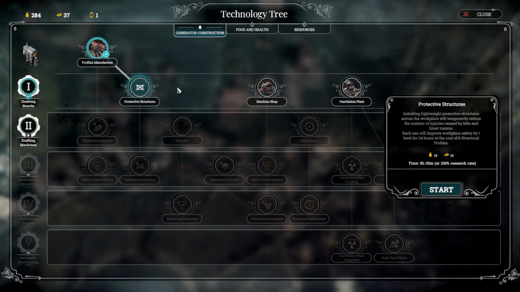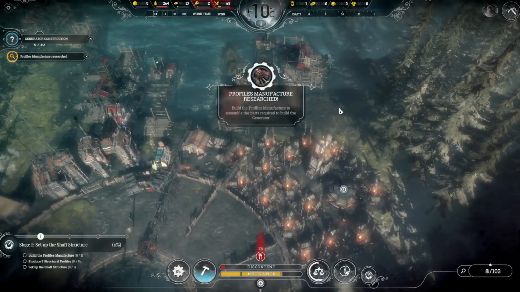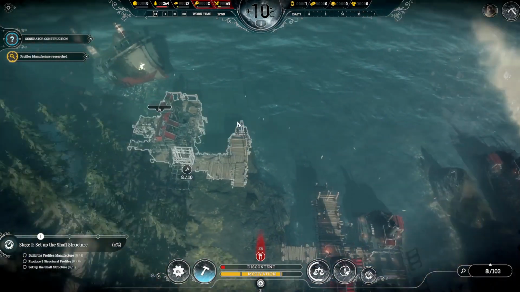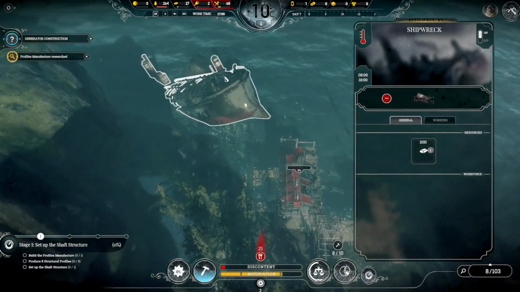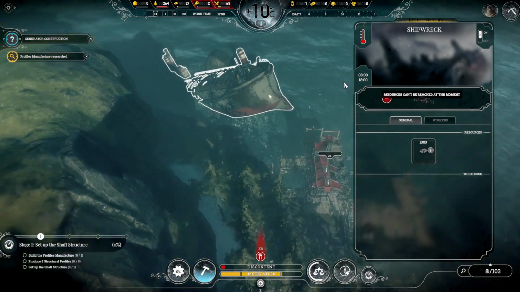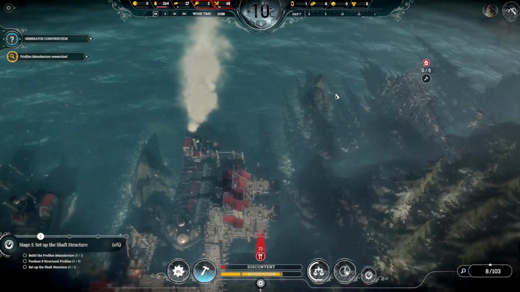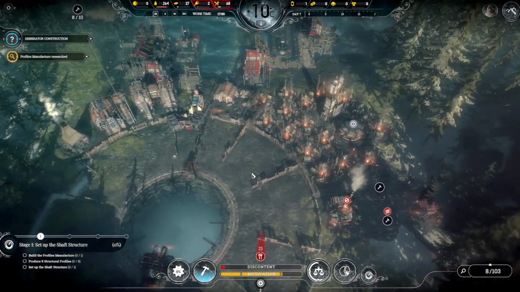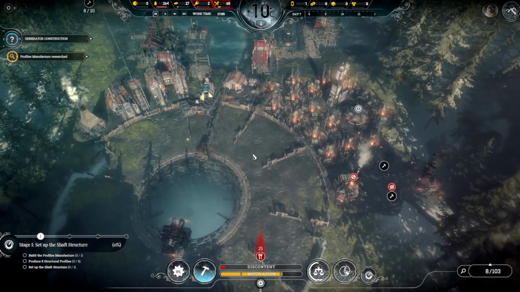We've now got to the profile manufacturer, and then we can go here as well. Because I'm actually really enjoying this, I think I am going to... Oh, do I leave it here or not? Oh, there's a shipwreck here. How do I... Resources can't be reached at the moment. That's a lot of steel that I could use. I'm going to destroy this and see if I can fix it, which is good. What was I going to say? Maybe I will look at...